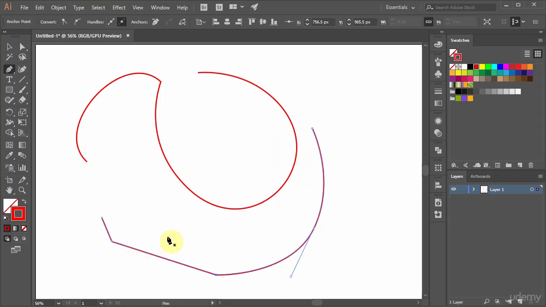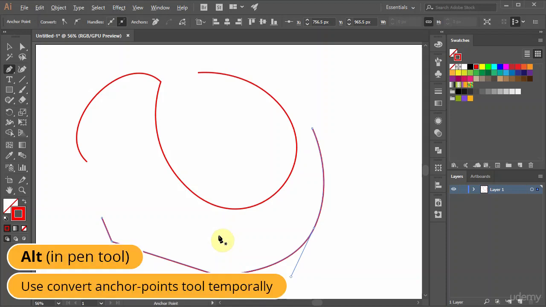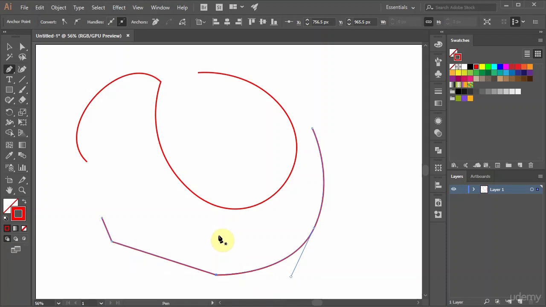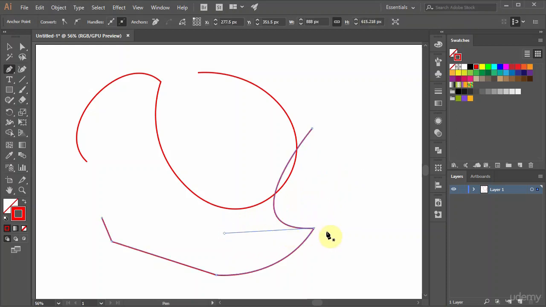Next, we can also convert points with the pen tool. To change the pen tool to convert anchor point tool temporarily, we can press the Alt key. Notice the pen tool is active, but the cursor changed to convert anchor point tool. And as we suspected, while in this mode, when we click and release on an anchor point, that point will become a corner point. Clicking and dragging on an anchor point will make it a bezier type, and clicking and dragging the handle will make it a bezier corner type. As you can see, simply using the pen tool, we can access all of these tools in here, which are adding, removing, and converting anchor point tool.